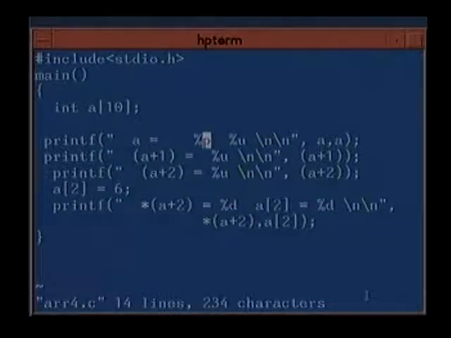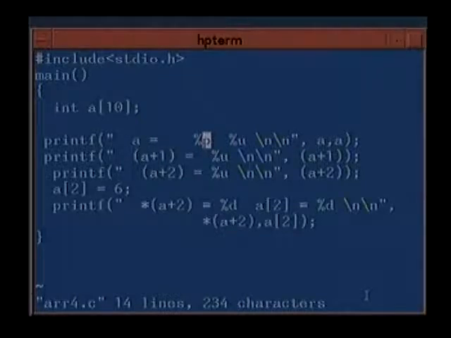It will give you the value in hexadecimal format, and if you want it in its integer format, then you have to print it as unsigned.